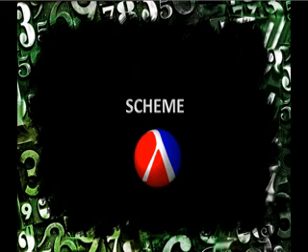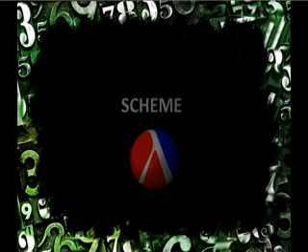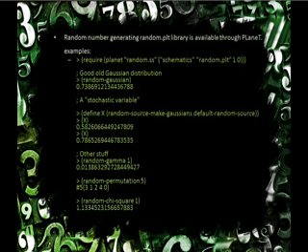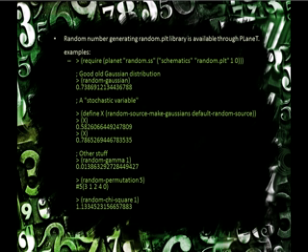Scheme. Random number generating: the random.plt library is available through PLaneT. Examples: